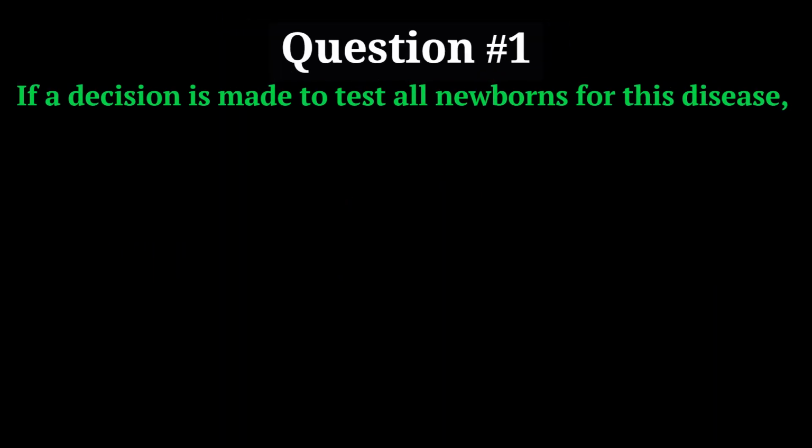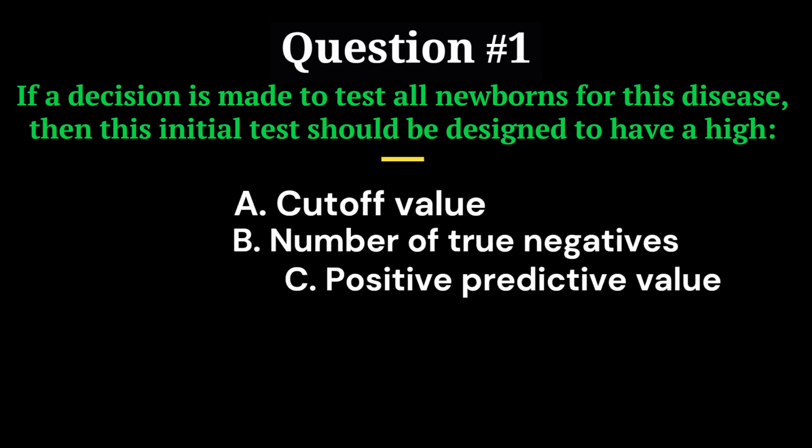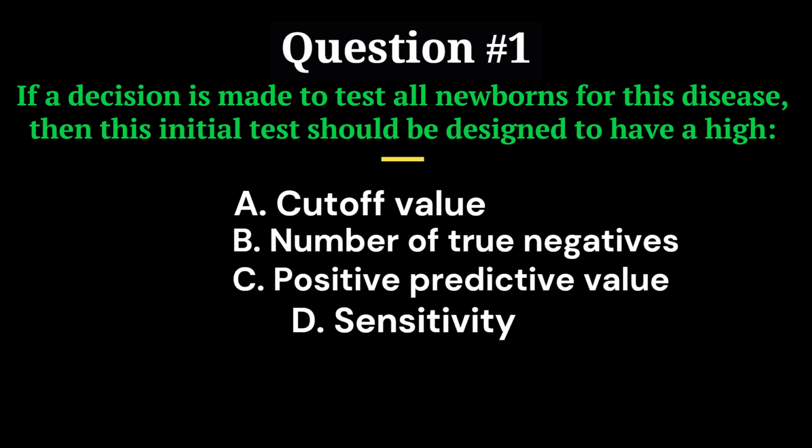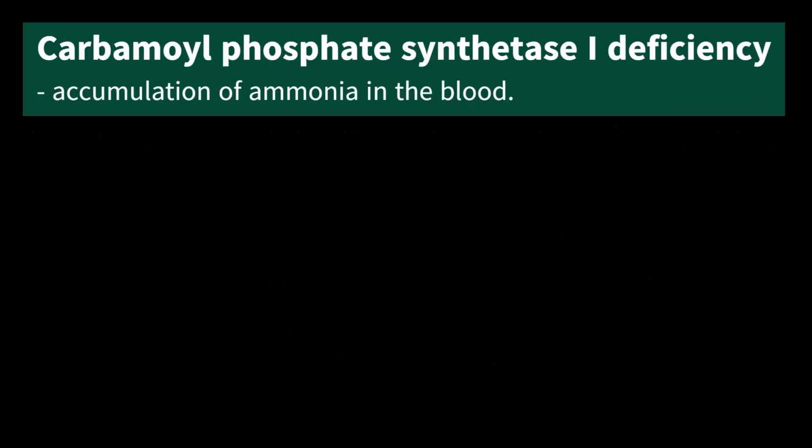For the following case: if a decision is made to test all newborns for this disease, then this initial test should be designed to have a high A. Cutoff value. B. Number of true negatives. C. Positive predictive value. D. Sensitivity. E. Specificity. The case scenario is: carbamoyl phosphate synthetase 1 deficiency is an inherited disorder characterized by accumulation of